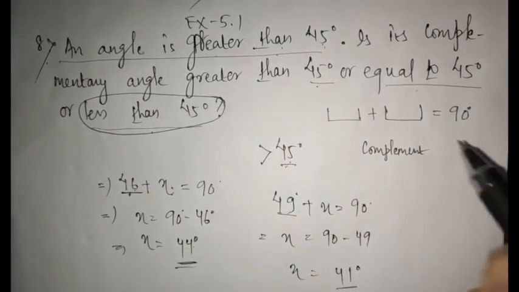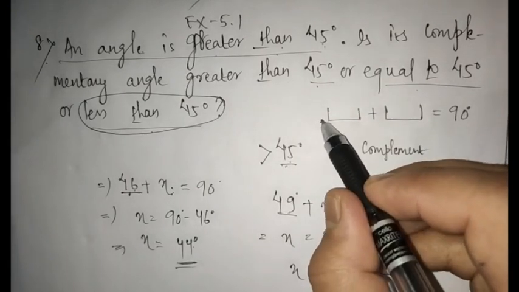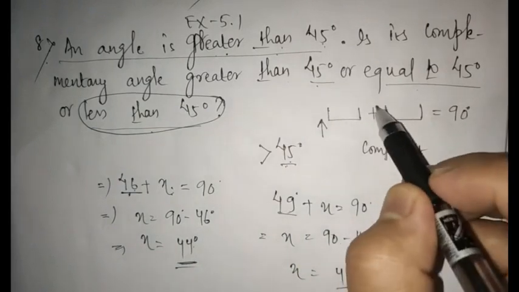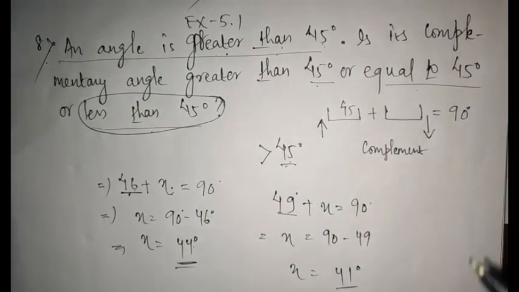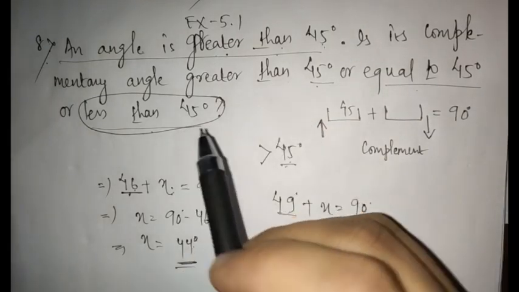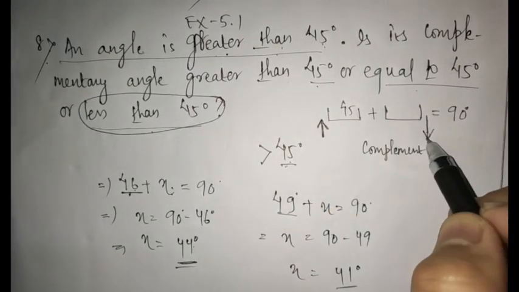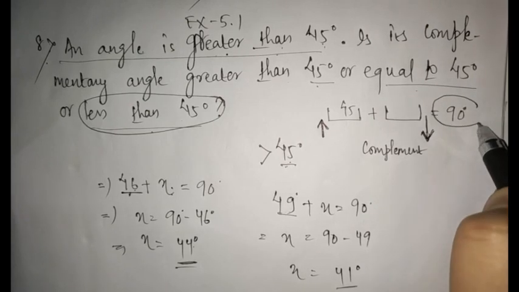Okay, I hope you have understood. So you can say that if one angle is increased, the other angle should be decreased. You have done this in question number 6 also, that in supplementary angles, when one angle is decreased, the other should increase to make a supplement. So this question is similar to question number 6. One angle is increased, the other should decrease in order to maintain 90 degrees.